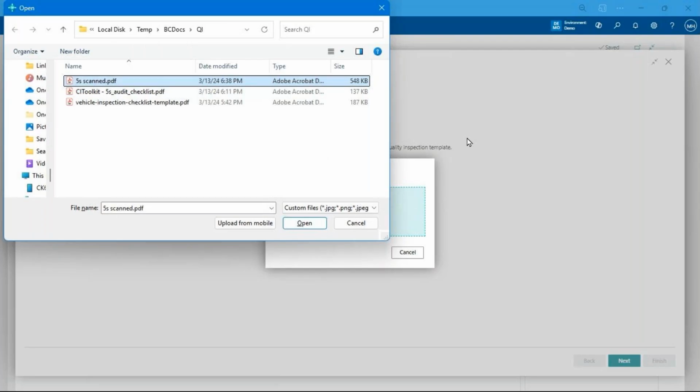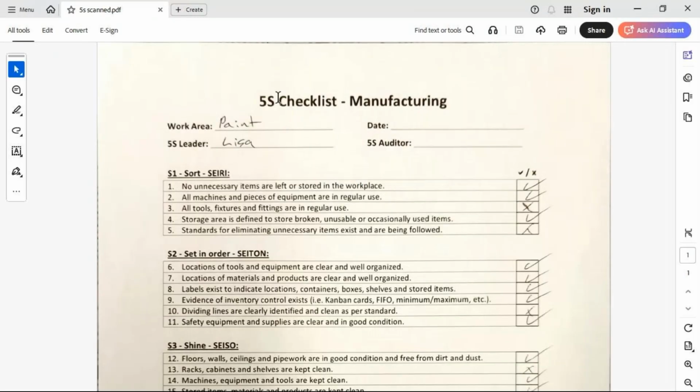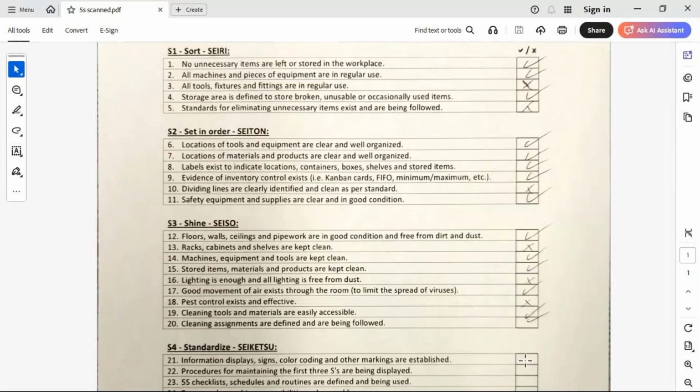So I'm just going to open it up real quick in Acrobat as soon as it loads up. And this is what I've got, right? I printed it out, somebody filled it in, they put the work area in, their name, and they've got all these check boxes here, right? So this is